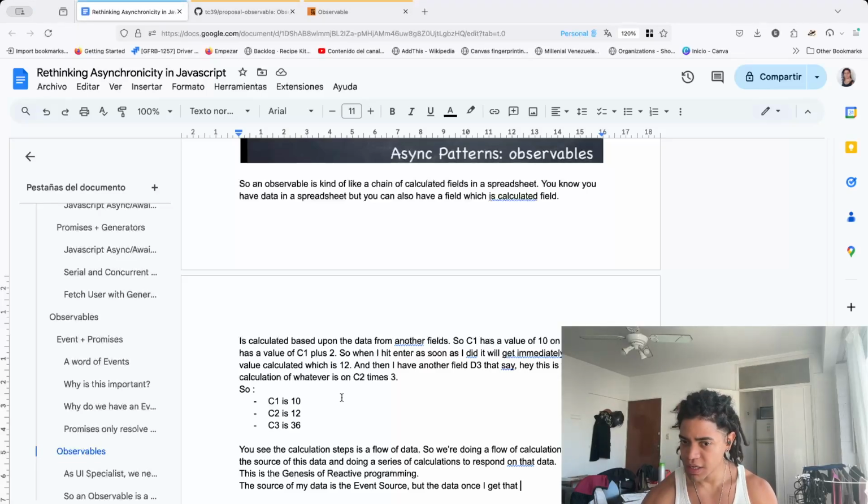But the data, once I get that event, it's going to go through a series of steps of calculation. Some of those steps are going to be direct, like responsive, just calculate something. But the data, once I get that, is going through a series of steps that some of them